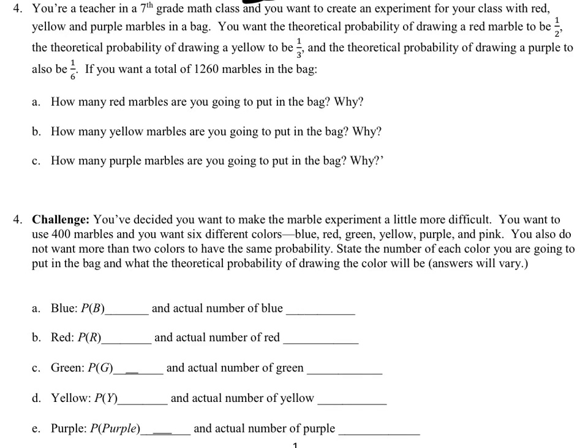Number 4, you're a teacher in a 7th grade math class and you want to create an experiment for your class with red, yellow, and purple marbles. You want the theoretical probability of drawing a red marble to be 1/2, the theoretical probability of drawing a yellow to be 1/3, and the theoretical probability of drawing a purple to be 1/6. If you want a total of 1,260 marbles in the bag,